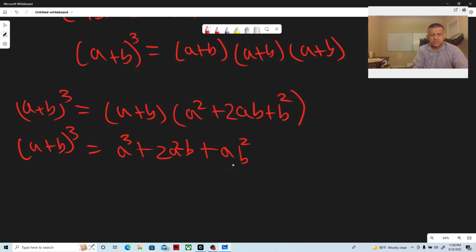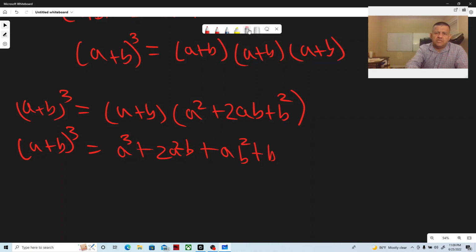So that is A, right? Now I gotta do B, right? And then I do B, right? Because I just multiplied A across. Now I gotta do this B right here, right? So this is going to be equal to what? This is nothing but B times A squared is equal to,